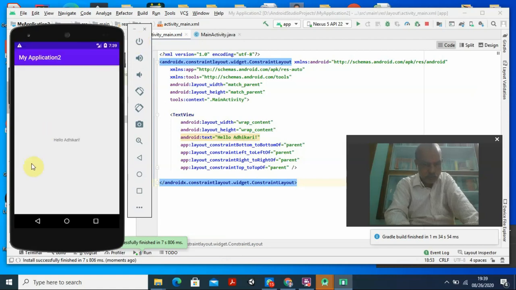Now this Adhikari, what she was asking, sir, I want to see a demo. In your name I have shown this demo. You can see your name, it is appearing. Hello Adhikari. You see it here? Now you are able to run your first program here. You got it now?